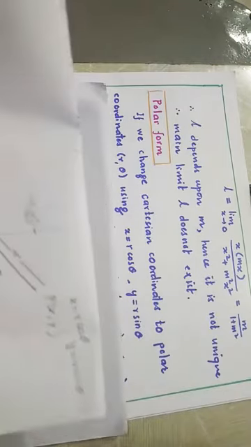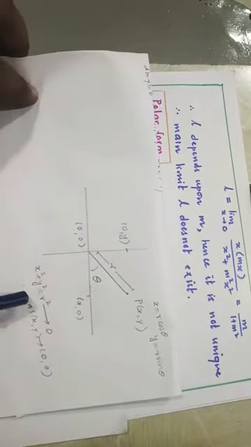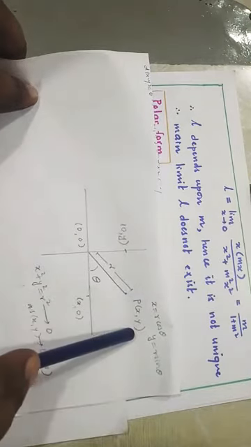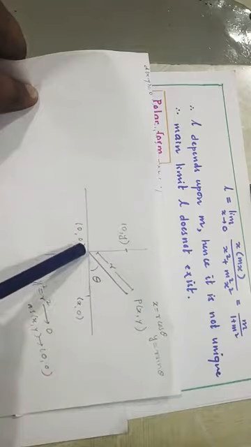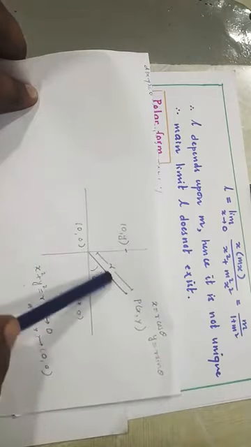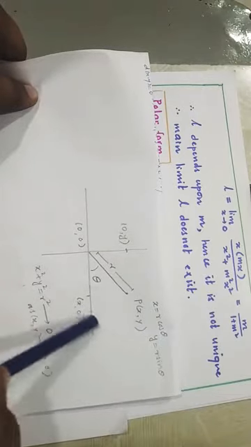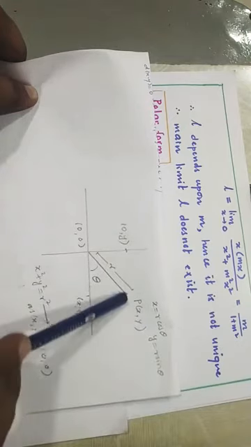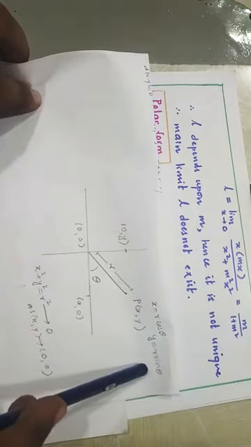We see that in the xy coordinate system, if we have the origin (0, 0) and a point P(x, y), then r is the distance of the point from the origin. This is also called the radius vector, so this is the magnitude of the radius vector. Then the relation between r, theta and x, y: this is the x coordinate, this is the y coordinate, x is equal to r cos theta, y is equal to r sin theta.